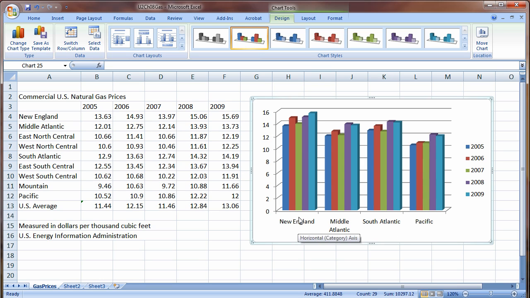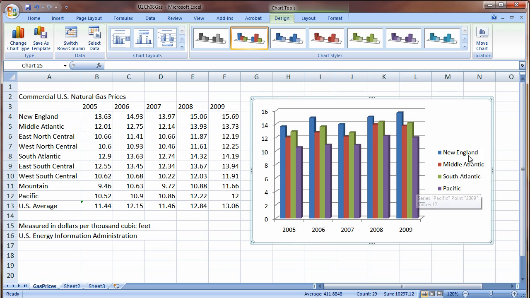Here it's clear that New England has the highest gas prices amongst these 4 regions. But if I switch it, that story is not told as easy, because now I have to say, oh look, okay, the blue, what's the blue? It's New England. So although the data is factual either way, it tells a completely different story just by switching the row and column. One of the nice things I always want to have on my chart, and I'm going